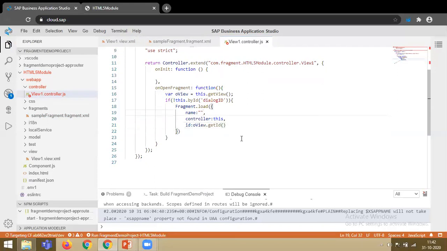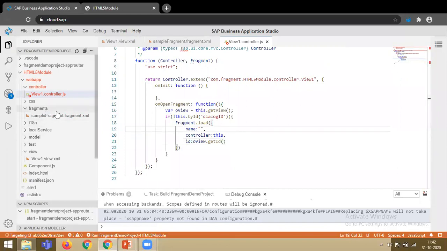Now we need to give the path of our fragment. Our namespace is com.fragment. Then we have the HTML5 module, or module name. Then we have the controller view name. So same like that, we want this fragment file from the fragment folder. For that we just need to copy this till our module.